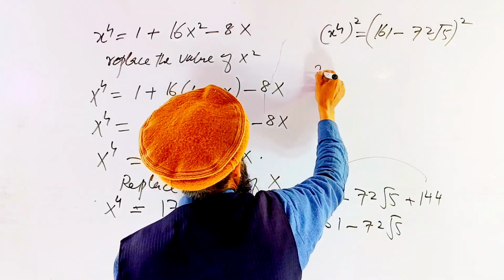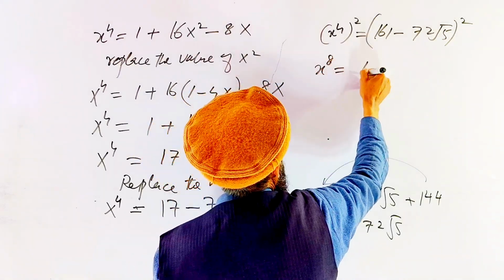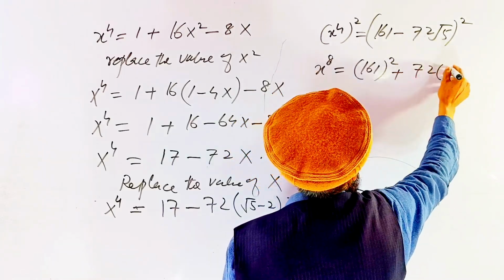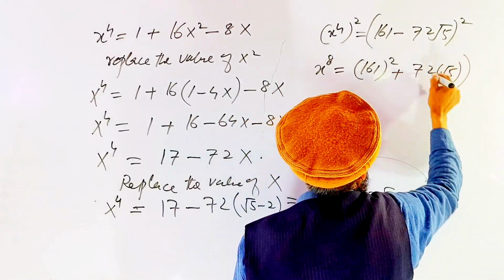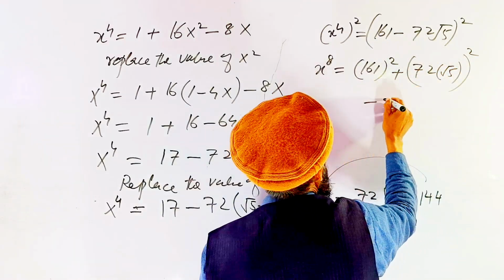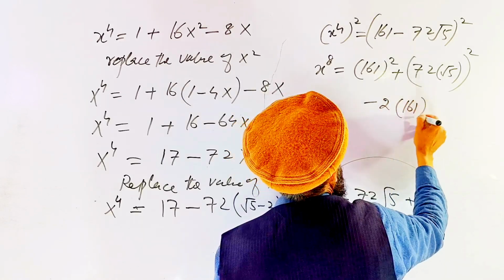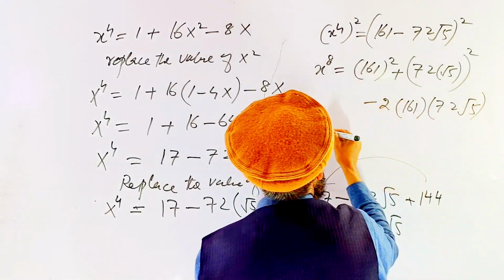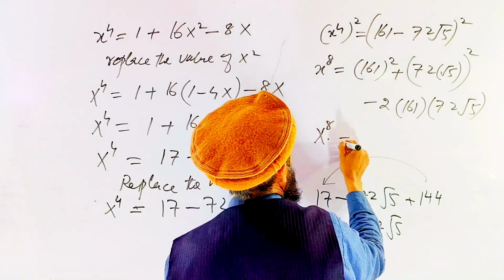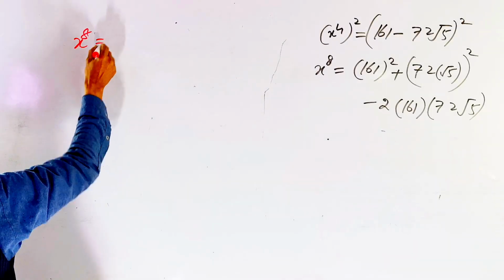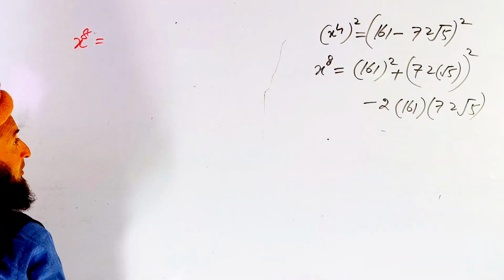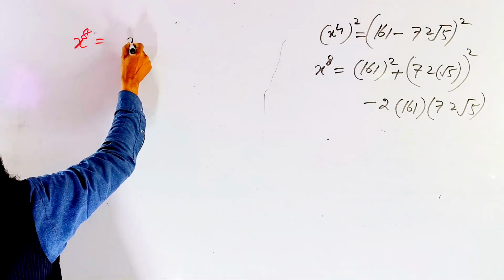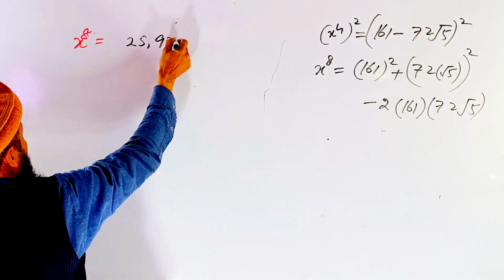So here we get x8 is equal to 161 whole square plus 72 under the root 5 whole square minus 2ab, 161 into 72 under the root 5. So we get here x8 is equal to 25921